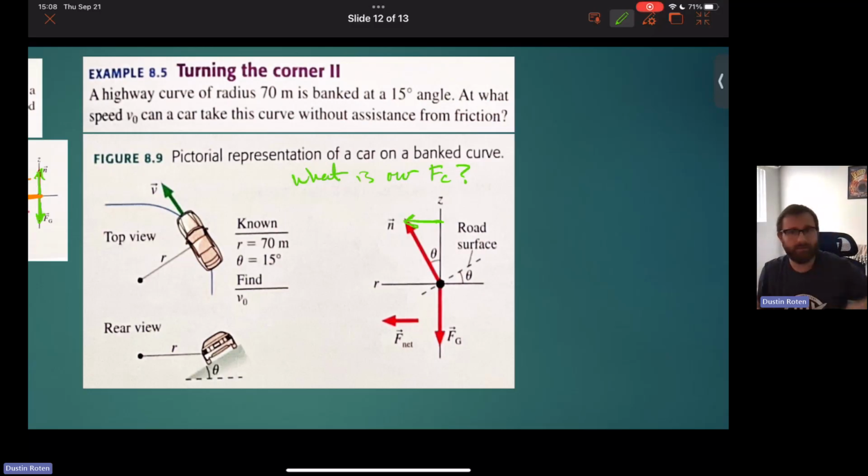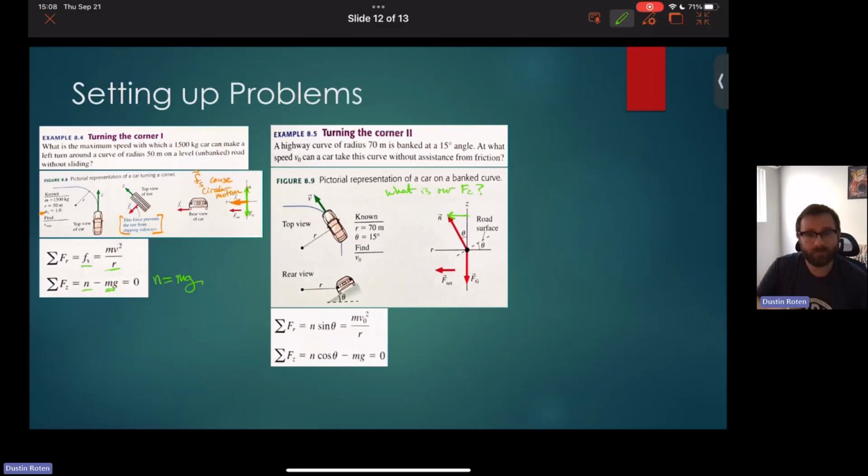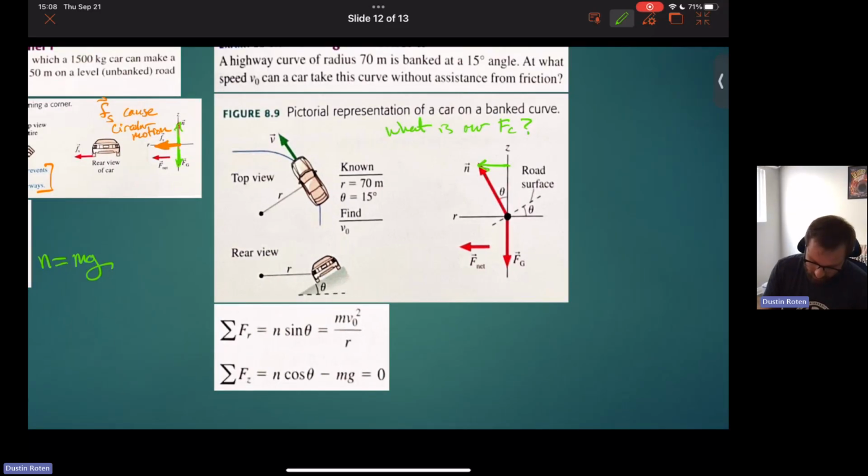That's not the case with gravity. Gravity is just pointing down. It does nothing to help us stay in the curve. But the real MVP here is that one R component of the normal force. When you sum up our forces, you see that the only piece is the one opposite of the angle, so sine. That one component of the normal force is causing all of our centripetal acceleration. So, no pun intended, we're banking on this banked road to